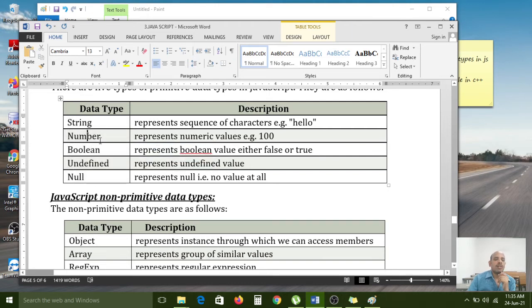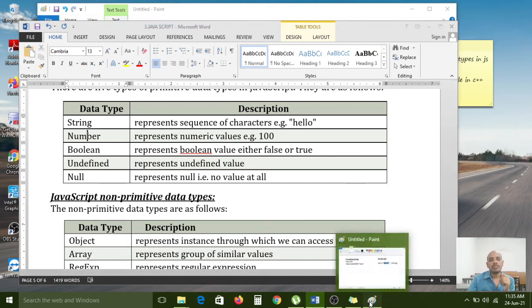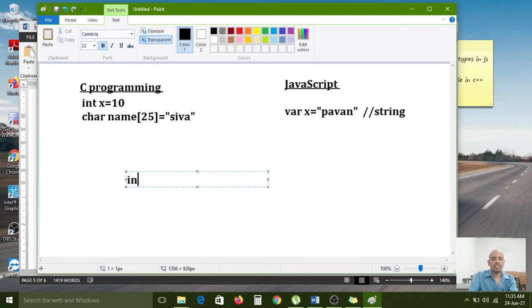For example, if you want to store a number, int x equal to 10. Okay, this is var x equal to 10. So x is the variable and 10 is the value. Now I want to store a number of values in the x variable, a list of values. For that we can use an array, x array.